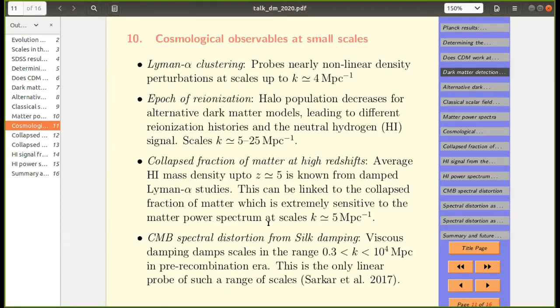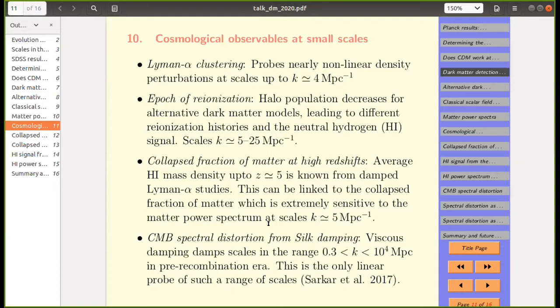Lyman alpha is basically not nonlinear. These are clouds which are formed between redshift 2 to 5, which we have detected very well now, and these are mildly nonlinear features of the density field, or so we believe, and we model it like that. But they can actually take you all the way to k equal to around 4 megaparsec inverse, which is the Jeans scale in the medium at around 10 power 4 Kelvin. So it's a very powerful probe, and one people believe is going to lead to many discoveries of things at small scales. Epoch of reionization is another very active area of research.